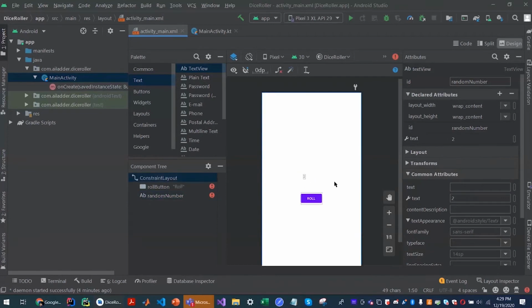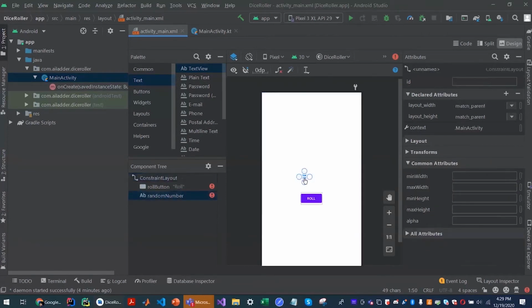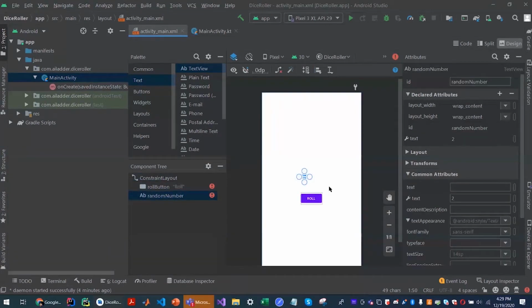What this does is this will only appear when you're coding. When you actually run the app, nothing will be there until you put something there through the program. But just for testing purposes, you can keep this here. And that's the purpose of this attribute called text with the wrench logo next to it.